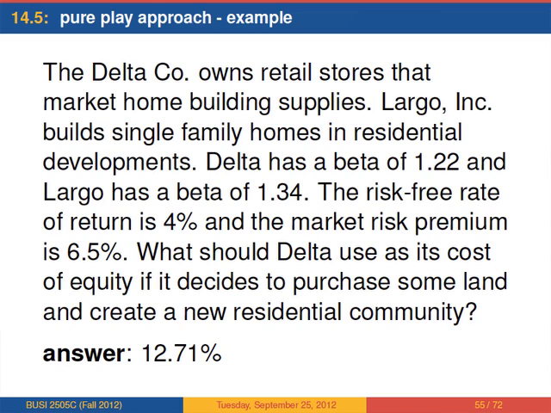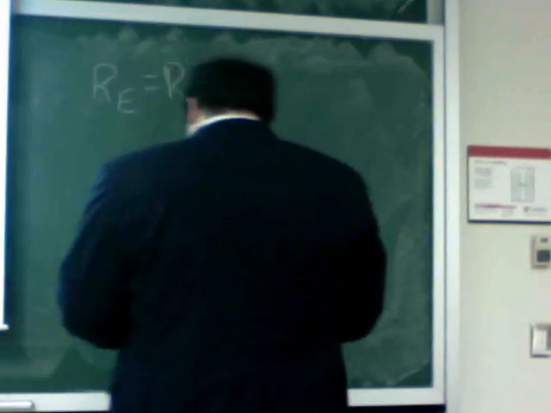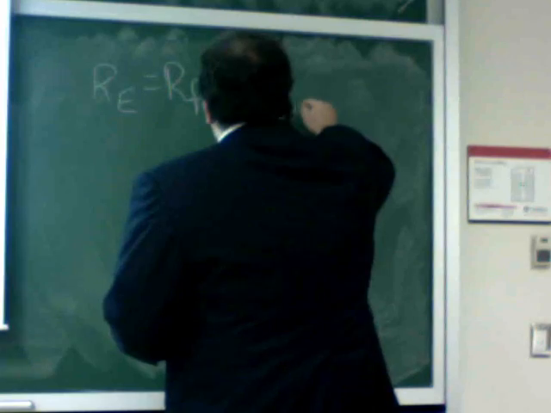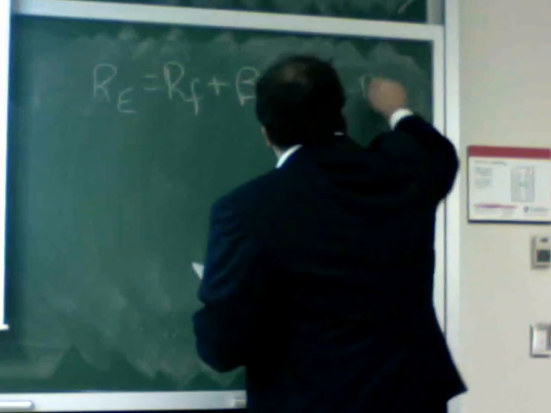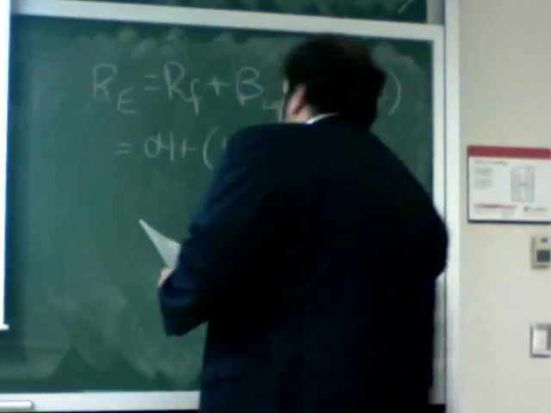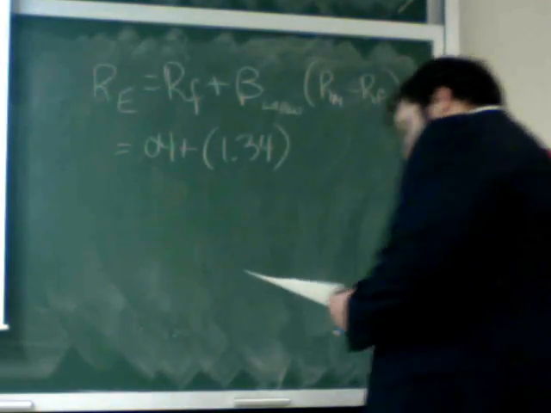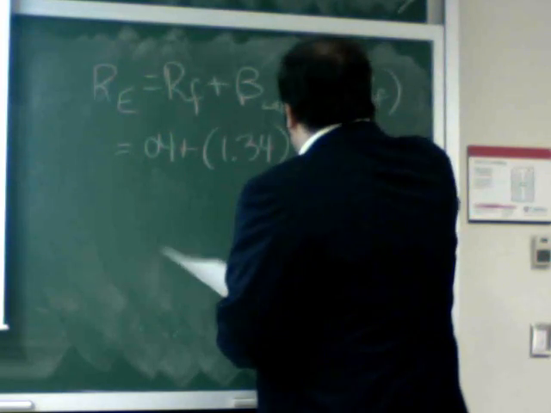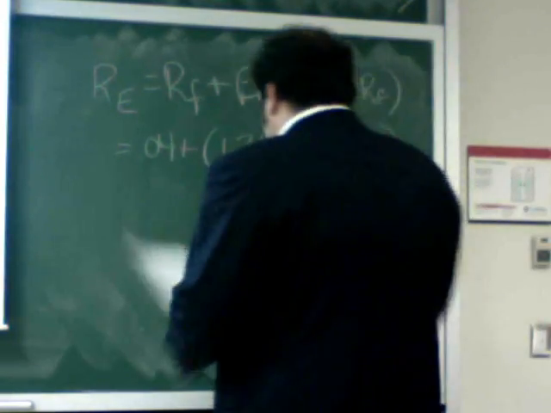So in this case, it's just a matter of using the CAPM, but using the pure play beta. The risk-free rate is 4%. The beta, as measured using the pure play approach, is 1.34, and the market risk premium or equity risk premium is 6.5. So that gives you